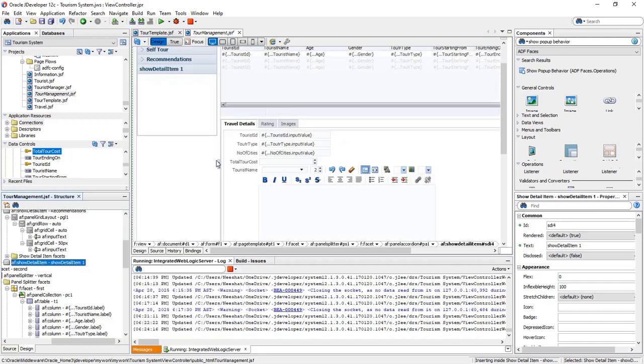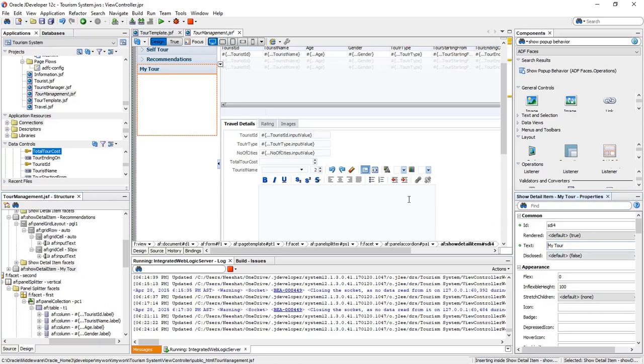For example, name is my tour. ADF locate output text and drag to my tour area. Here value,